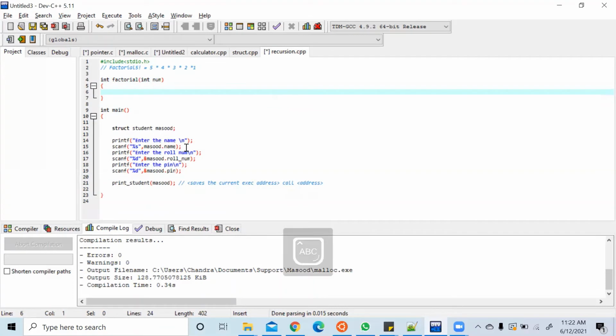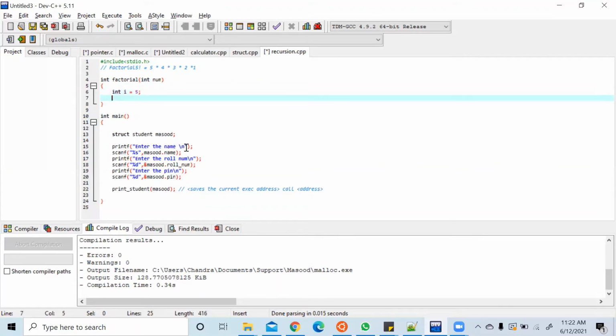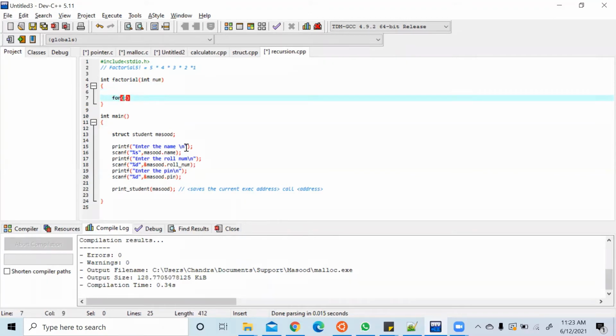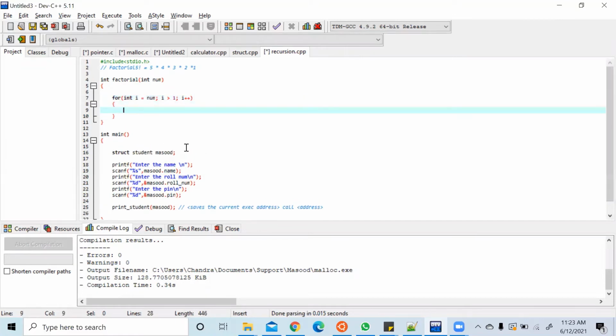So what I'll do: int i is equal to 5. Then by using a for loop, I don't need this variable also. int i is equal to num, then i greater than 0 or 1, i plus plus. num is equal to num star i.